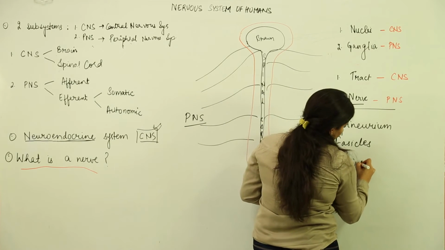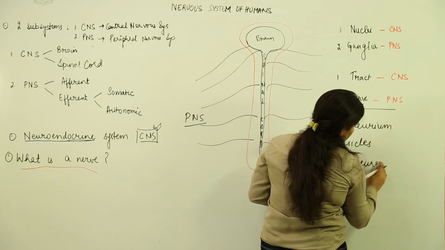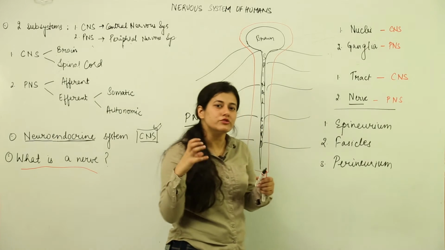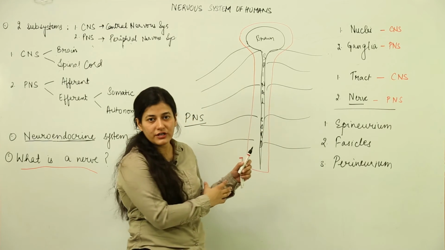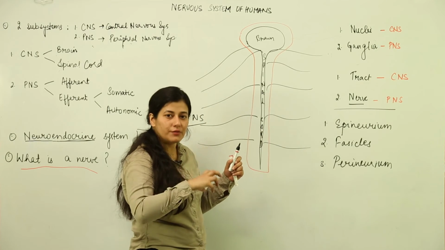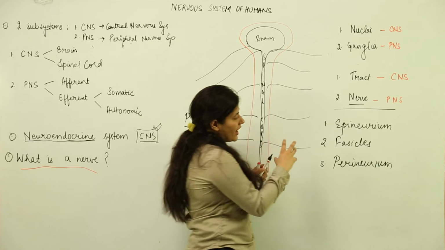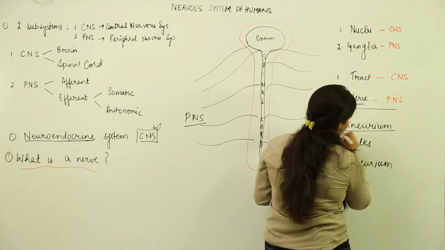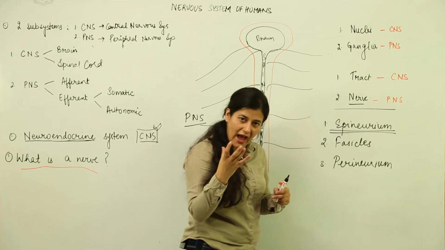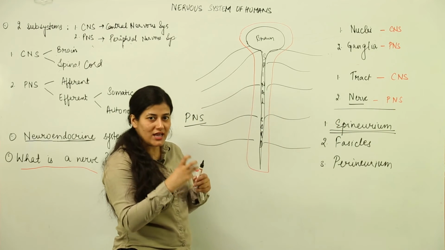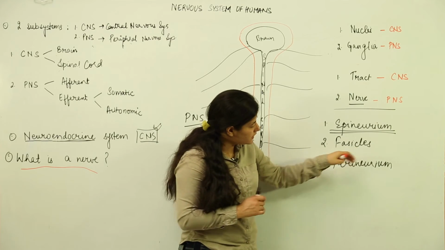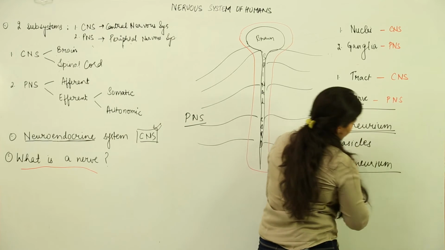So you get to learn these terms: the entire nerve, that is many neurons together inside the peripheral nervous system, which take the information and bring the information, is surrounded by a tough covering known as epineurium. This epineurium inside would have the cell bodies and axons. The axons would be together in the form of fascicles, and the fascicles would be covered by perineurium.